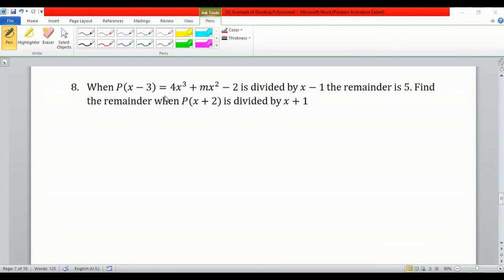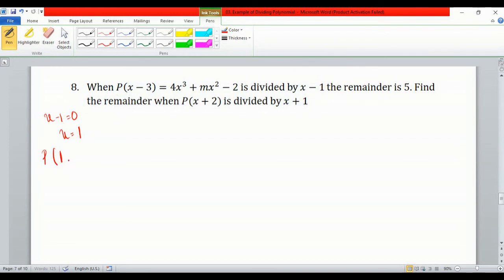p(x) minus 3 is equal to 4x power 3 plus mx squared minus 2 is divided by x minus 1. The remainder is 5. You need to find the remainder when p(x) plus 2 is divided by x plus 1. Okay, in here they have divided by x minus 1. So we can write x minus 1 equals 0. So x equals 1. Because this p(x) is divided by x minus 1, its remainder is 5. So we can substitute them to be